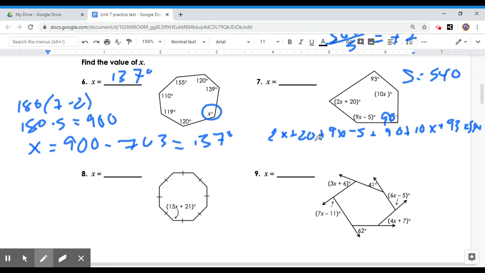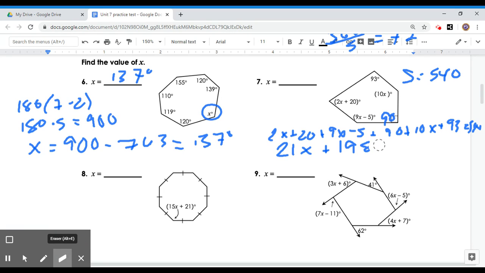All right, so then combine like terms, add up all the x's. So 2x plus 10x is 12x plus 9x is 21x. So we have 21x. Then we have 20 plus 93 plus 90 minus 5 equals 198. So it's 21x plus 198